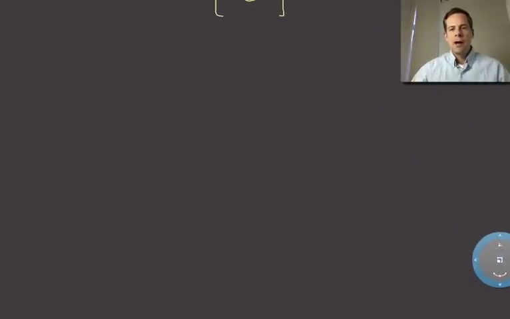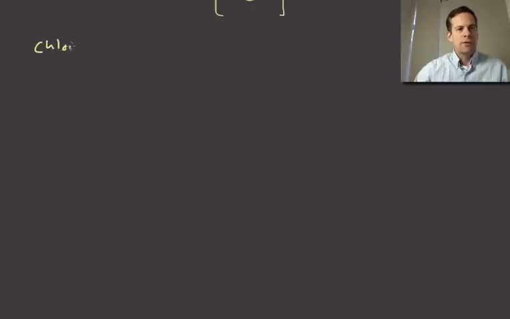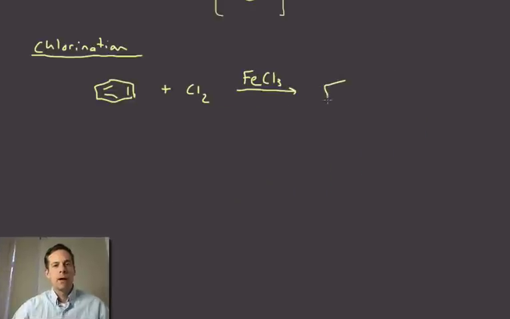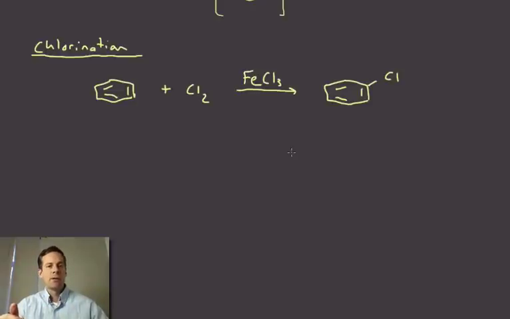Let's talk about the next reaction, which is chlorination. Okay, so the only thing that's different here is that we're adding chlorine to the aromatic ring instead of bromine. And it turns out that this is essentially exactly like bromination, except that instead of Br2, we're going to use Cl2. And then for the catalyst, we're just going to use iron trichloride. Okay, and that accomplishes the exact same thing in terms of adding chlorine to the aromatic ring. Okay, so the mechanism is exactly the same. We don't need to go through it. All you have to do is go look at the one we just looked at and just replace chlorine for